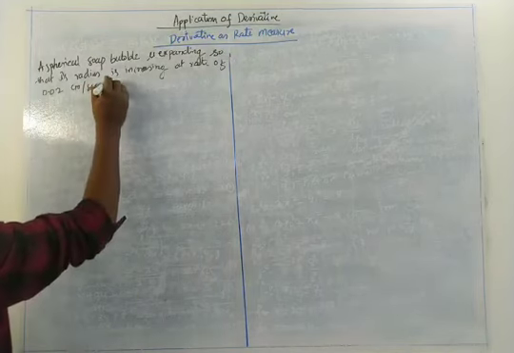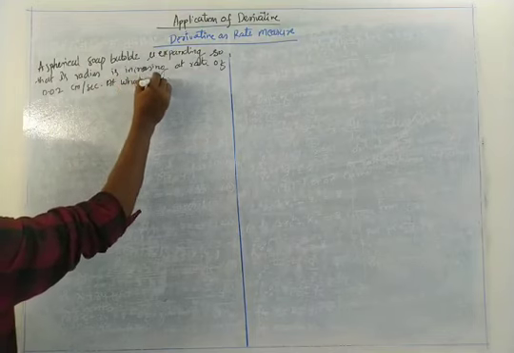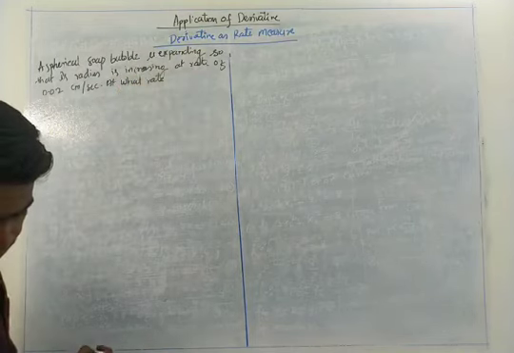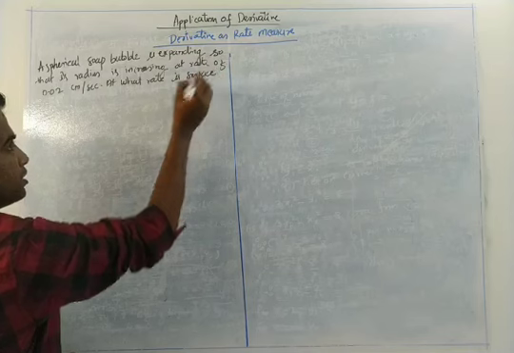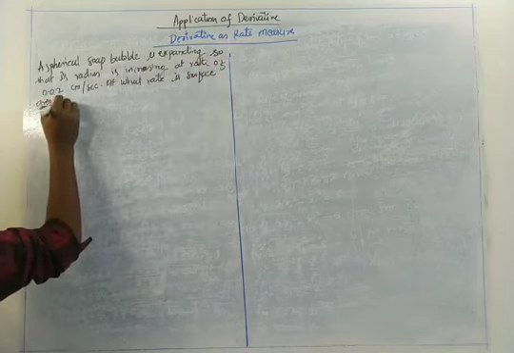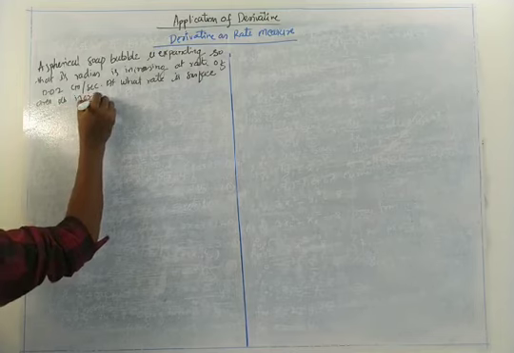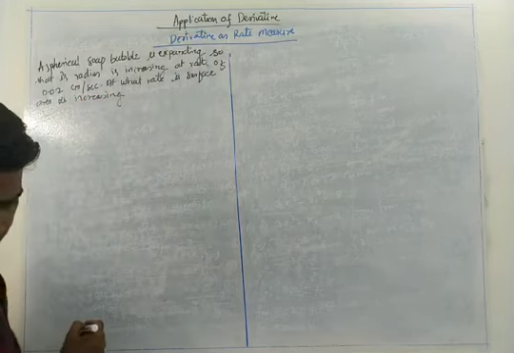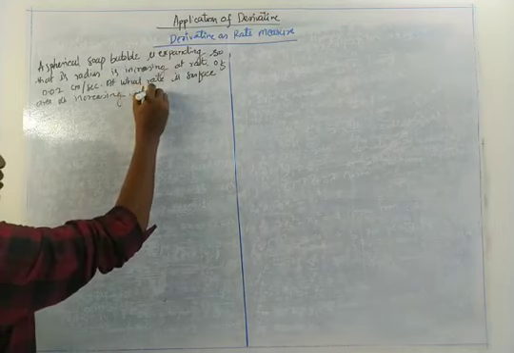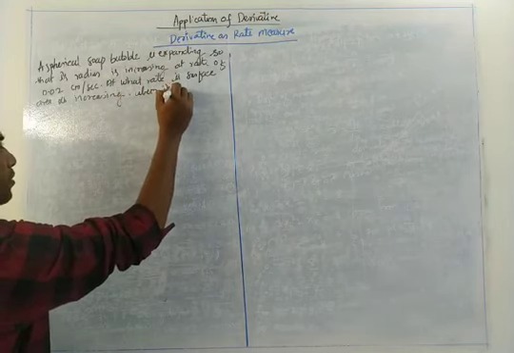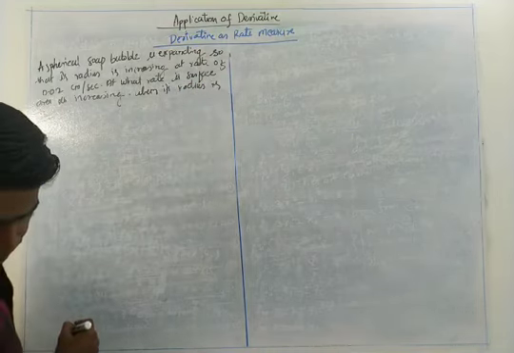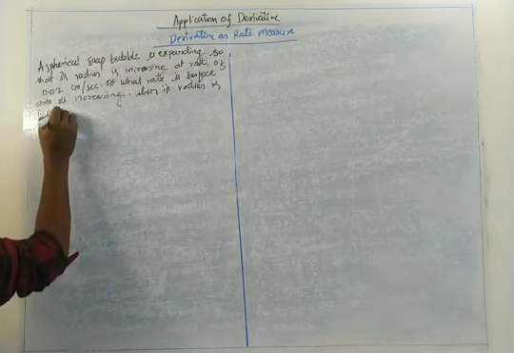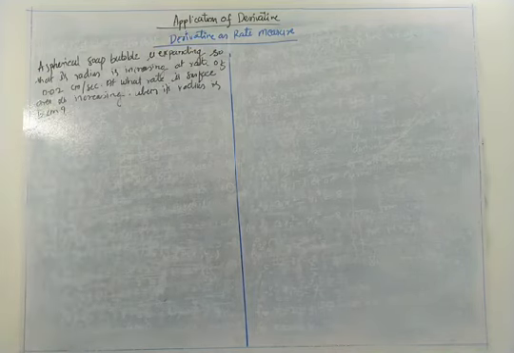At what rate is the surface area increasing when its radius is 5 centimeter? So we have to find the rate of change in surface area, and for that they have given the rate of change